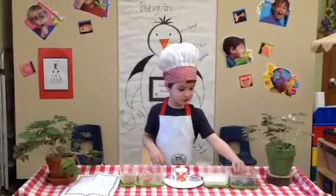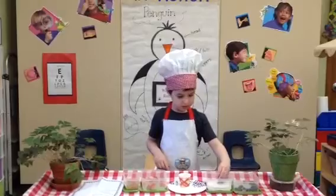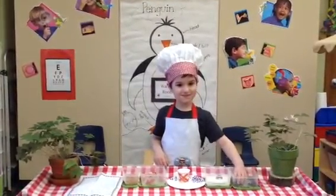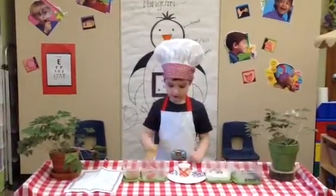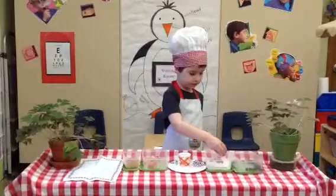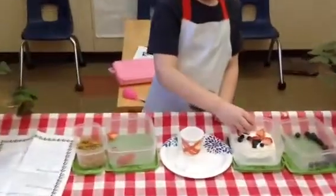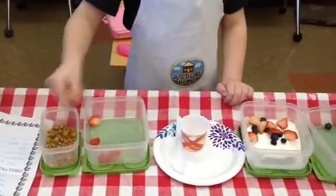You put the blueberries in the straw... In the yogurt? Oh, that's tricky. Then strawberries. Good. Oh, no. It looks very colorful. And last but not least, you put the granola